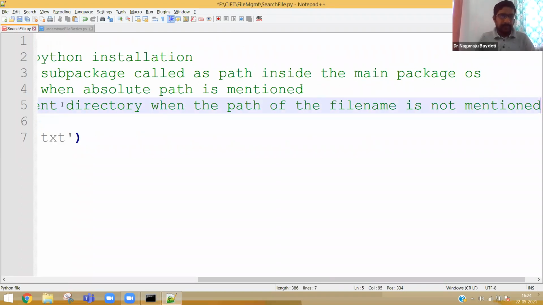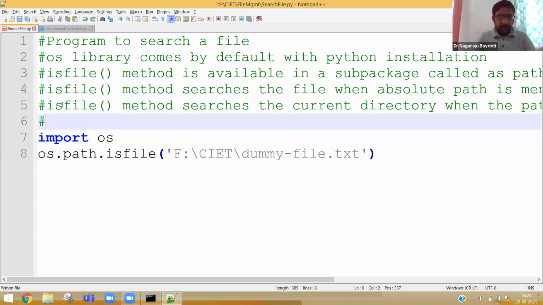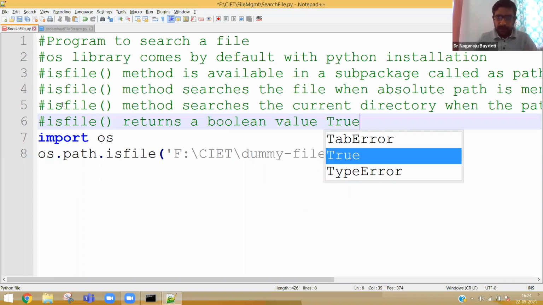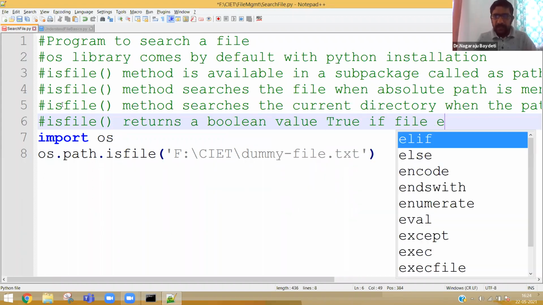Now, isFile returns a Boolean value: true if the file exists.